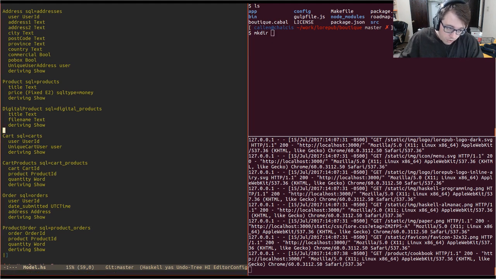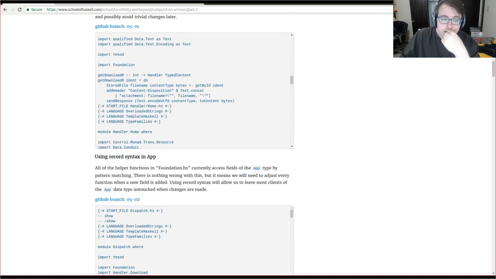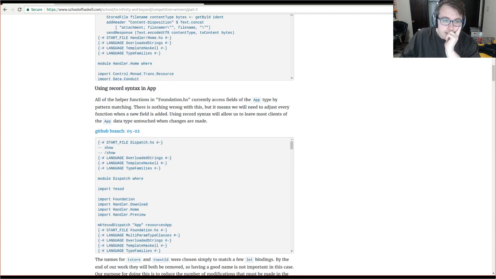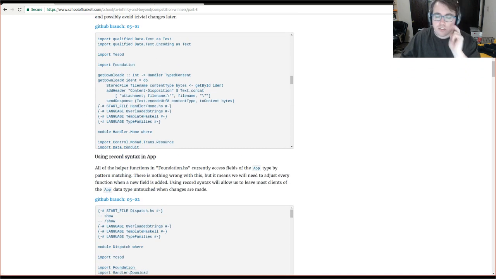Let me see here. I need some kind of MIME type or file type descriptor. So I'm riffing off of this Yesod tutorial here that has an example of loading up a file and sending it as a download response, and you'll see it has content disposition, attachment, file name. I would like to categorize digital assets by file type,